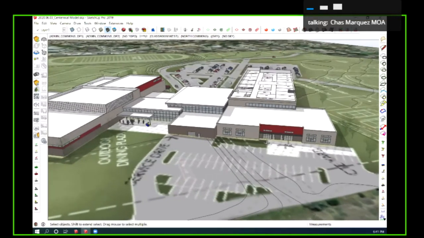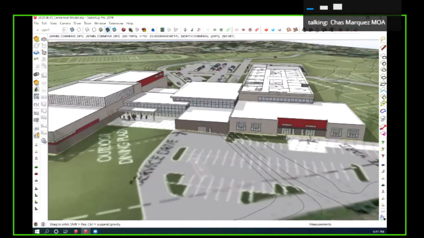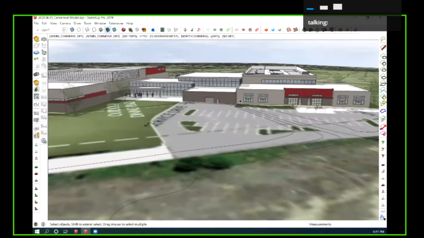And then moving on, again we see this high volume. This high volume is where we're looking at the learning stairs. That learning stair will start in the lower area here with the commons and move up. But again, we keep a high transparency and really activate that space and be a welcoming area for all the kids.